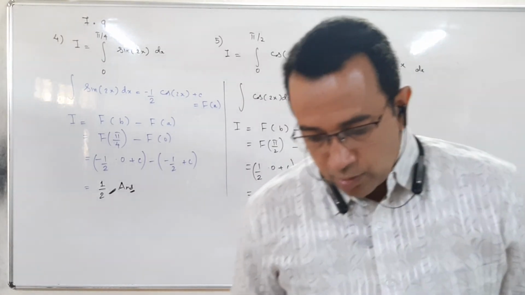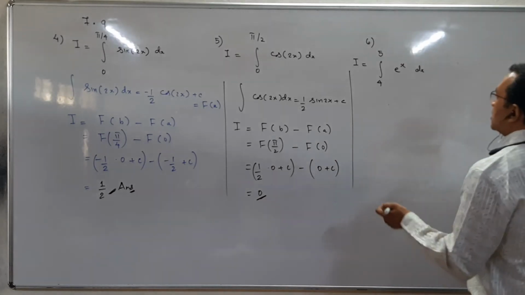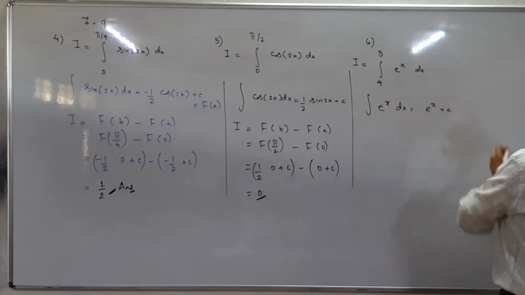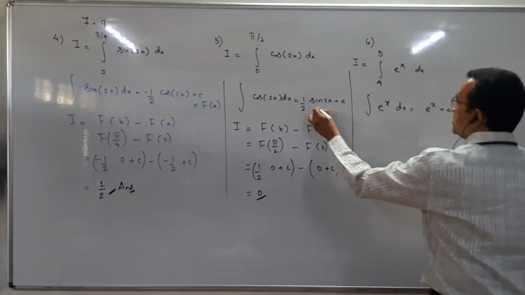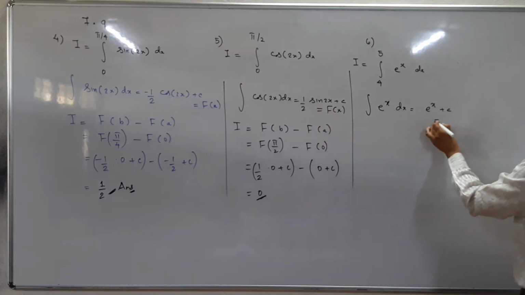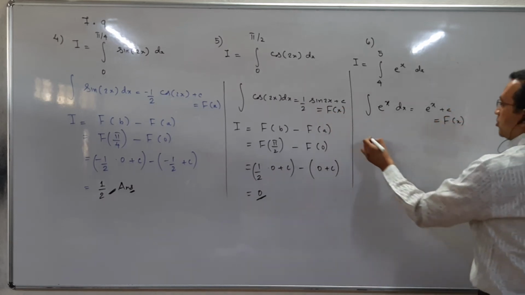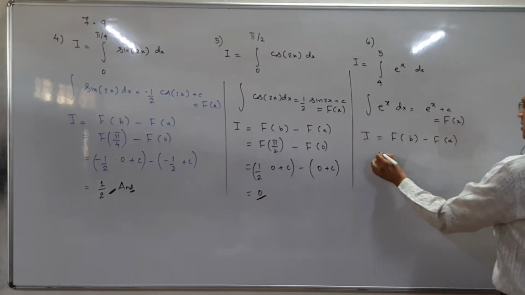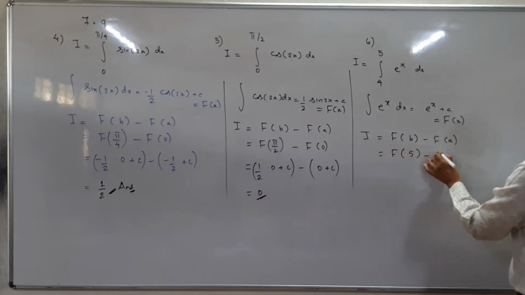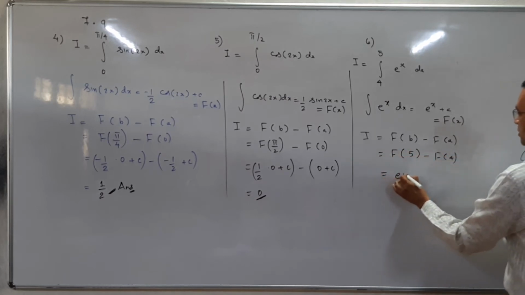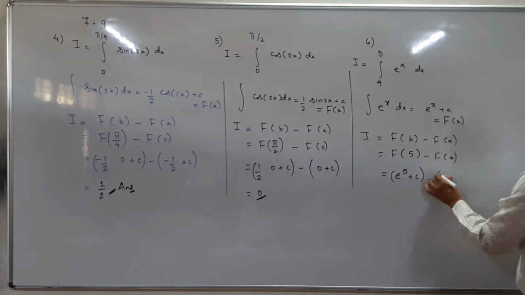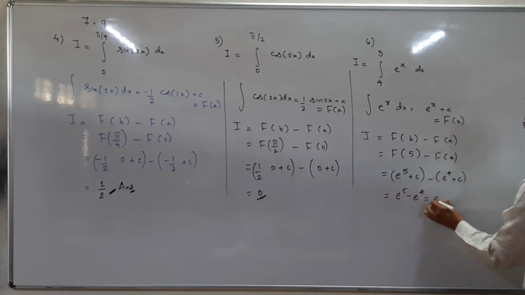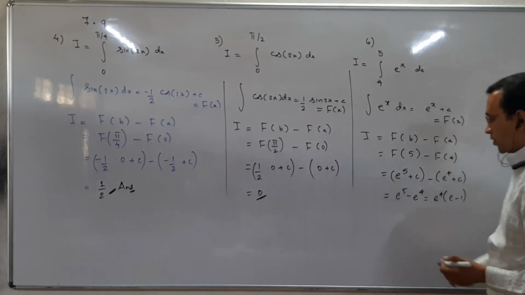So now question number 6, students. First of all, I operate indefinite integration of e raised to x is e raised to x plus c, and this is nothing but capital F of x. Now these are very elementary sums. According to second fundamental theorem of integral calculus, this will be F of 5 minus F of 4. So e raised to 5 plus c minus e raised to 4 plus c. So the answer is e raised to 5 minus e raised to 4, or e raised to 4 into e minus